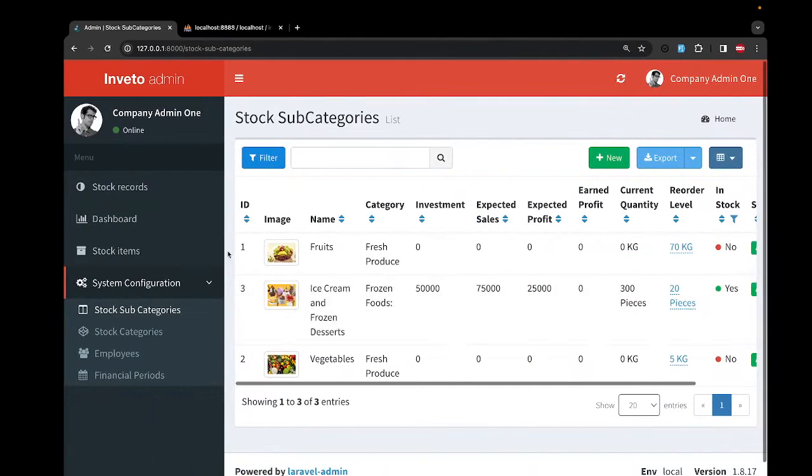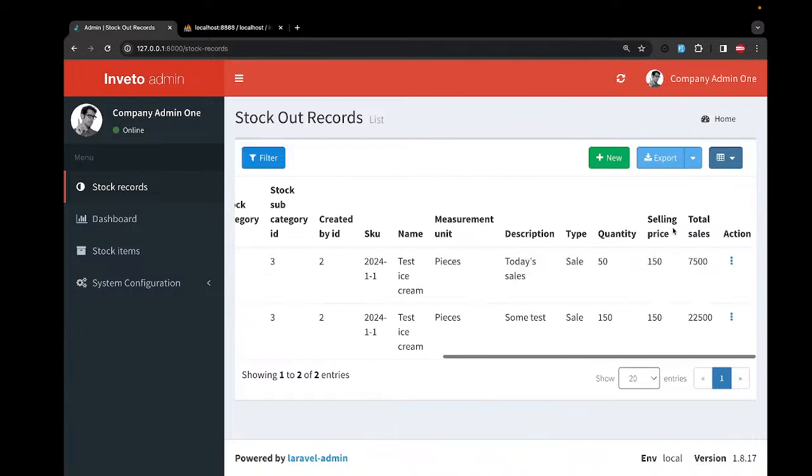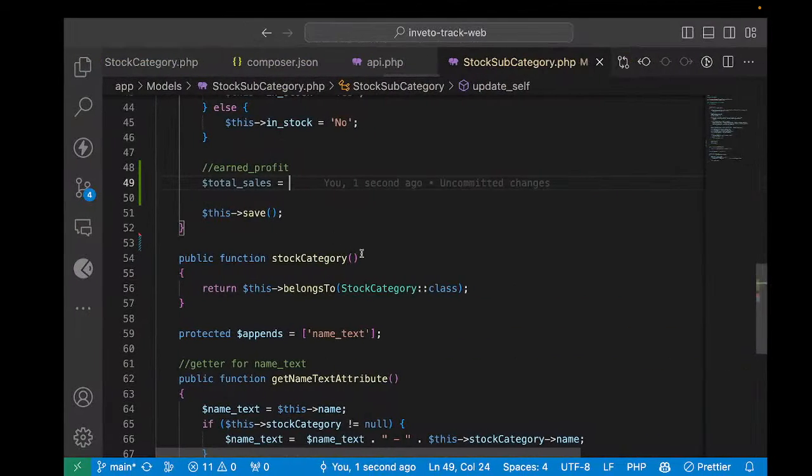Okay, so I'm going to calculate total sales. Let us first come back. So this is a stock record. You have here the selling price and then the total sales. So total sales was a multiplication of quantity times the selling price, and then you got the total sales. Okay, so to get the total sales of this subcategory equals to